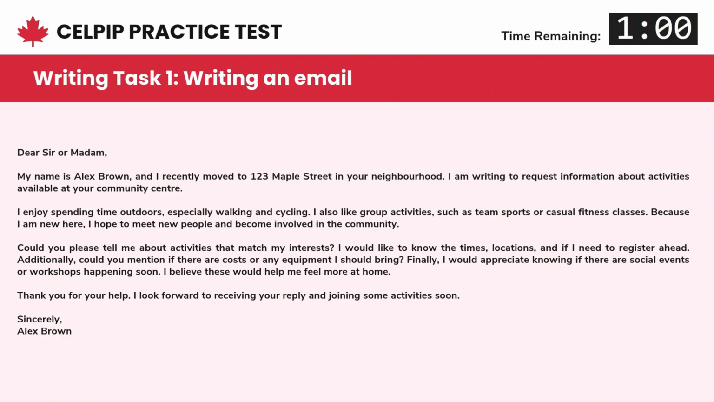about suitable activities. The email begins politely with "Dear Sir or Madam," which fits the formal style expected for contacting a community center. The paragraphs clearly separate information. The first paragraph gives basic details about the sender, the second paragraph explains the sender's hobbies, and the third paragraph directly requests information. Linking words such as "because," "also," and "additionally" make the email flow smoothly and help the reader